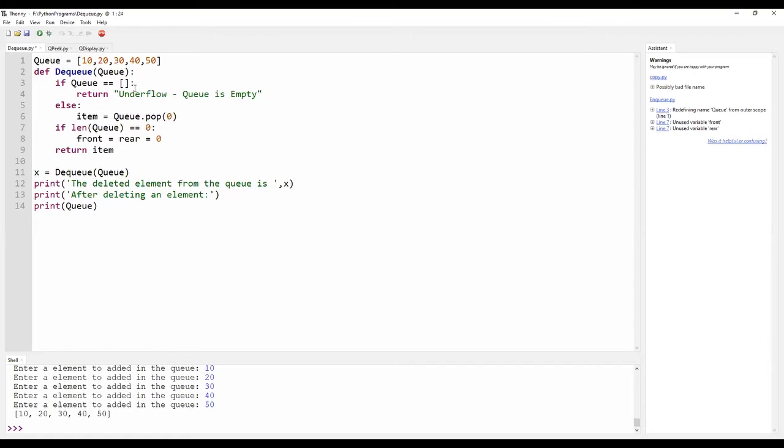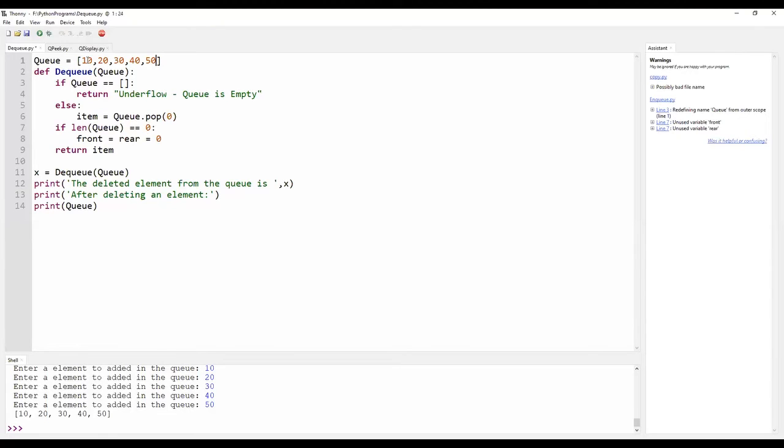Here the queue contains 5 elements and hence the return statement, namely underflow, queue is not empty, will not be executed. It comes to the else part, item equal to q dot pop of 0. The element present at the 0th location is 10. We are trying to remove the element 10. Now item is going to hold 10.